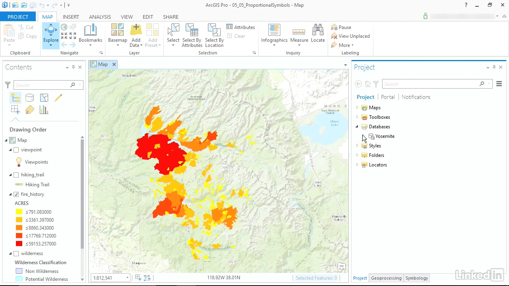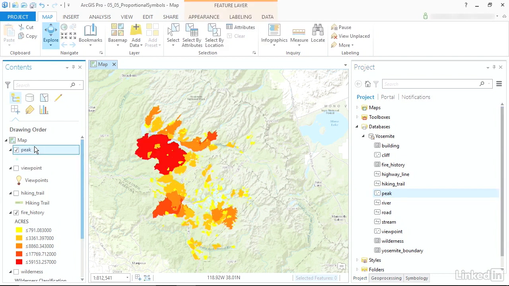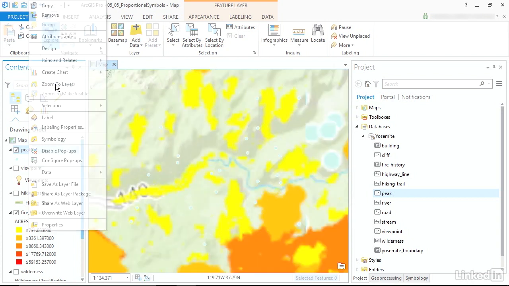Inside of our databases folder, I'll expand the geodatabase for the project, and then we'll find the peak data, and I'll click and drag and drop it into the map view. That'll add our mountain peaks as the standard point symbol, and it assigned a randomized color. In my case, it came out a light blue. I want to right-click on this and choose Zoom to Layer so that I can fill the screen with the